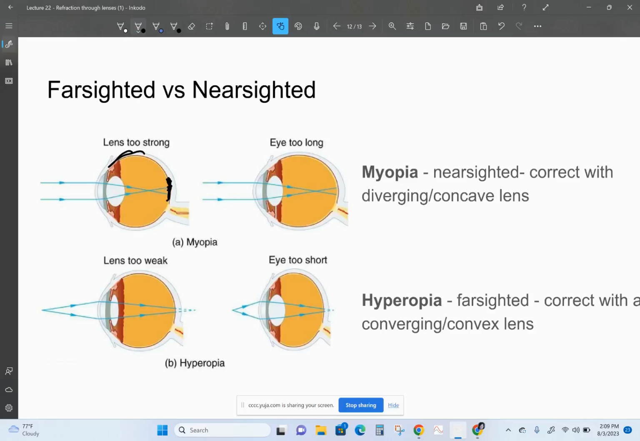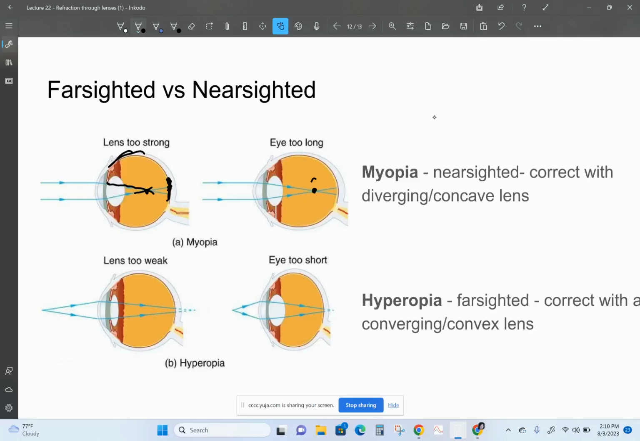But what happens when you are nearsighted and you can only see things near is when you look at something far away, the image forms in front of the retina. It's either because your lens is too strong or your eye is too long. But in either case, when you look at something far away, the image is forming in front of the retina and not on it. So what you need to do is find a way to move that focal point back